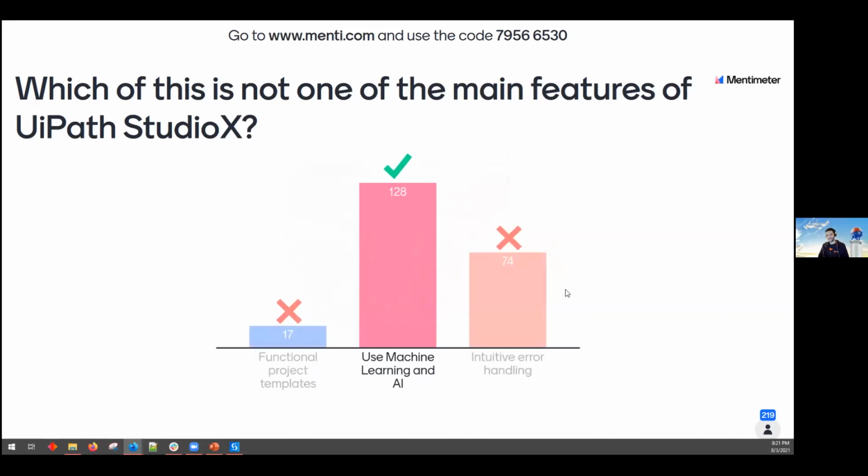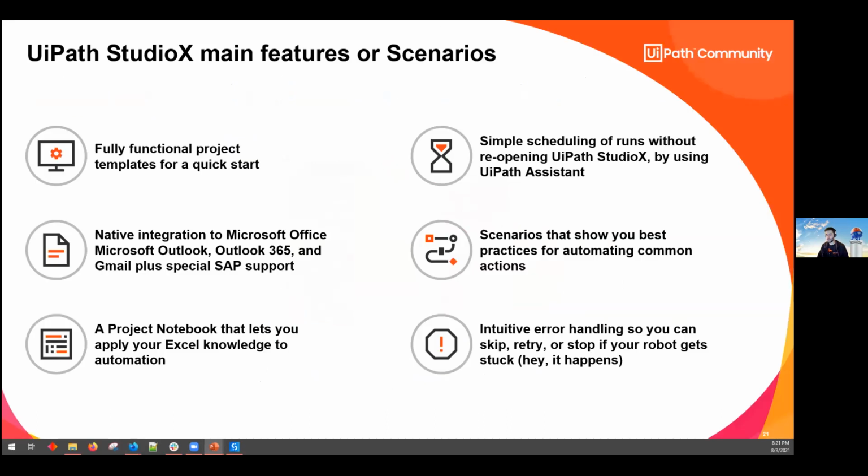I think it's actually scary. Yeah, it was too complicated. I think the 74 responses for intuitive error handling actually make that. If you remember the screen that we presented, let me show it again, the part of the main features.